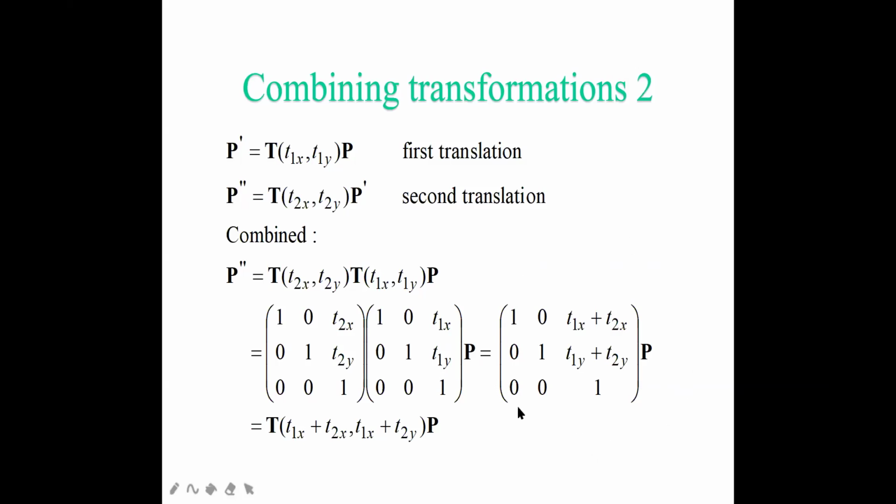If I want to represent it again in the translational way, my x coordinate will now be T1x plus T2x. I have written here, comma, T1x. This one will be 1y. This is a mistake over here, I'll correct it now. So this one will be y. Just check it out. This one is y. So T1y plus T2y, that is what you are going to write. Next, multiply it with your P.